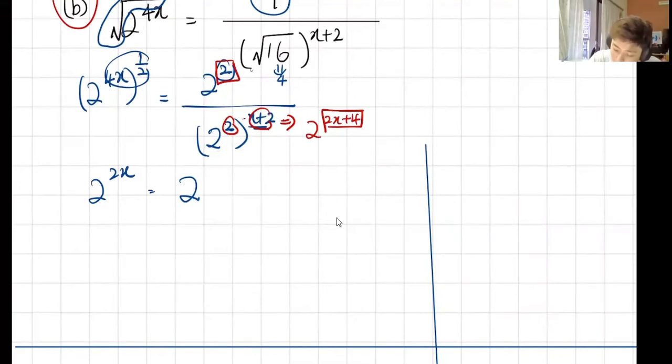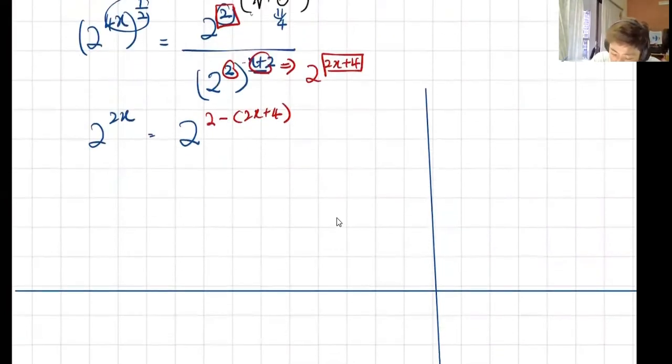I'll end up with 2 to the power of 2 minus 2x plus 4. Okay, so at this stage, you only see one base on the left and one base on the right, which are the same. Condition 1 is must be the same base. Yes. Now condition 2 is there must be only one base on the left and one base on the right. So what you do is by comparison,